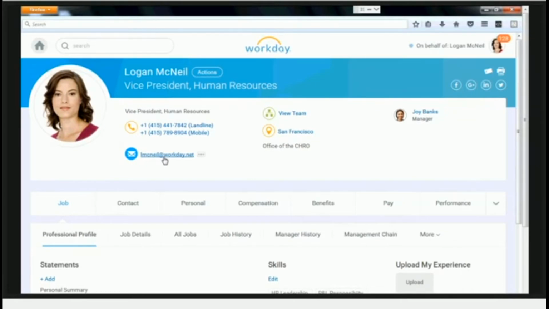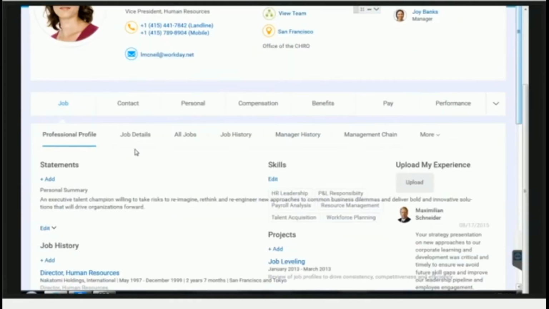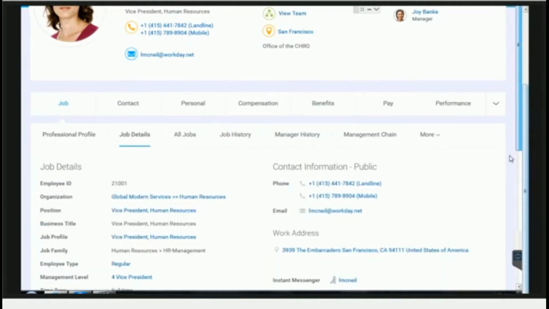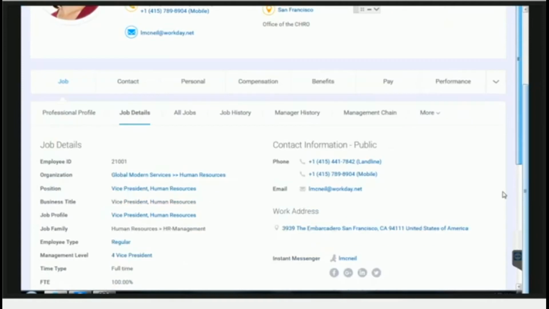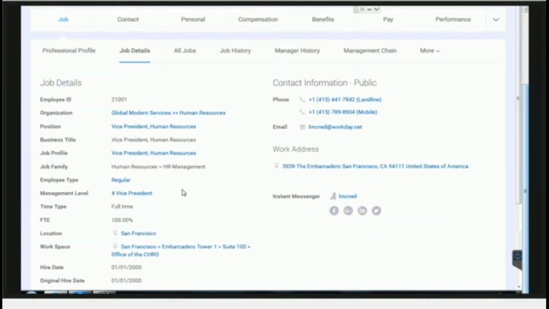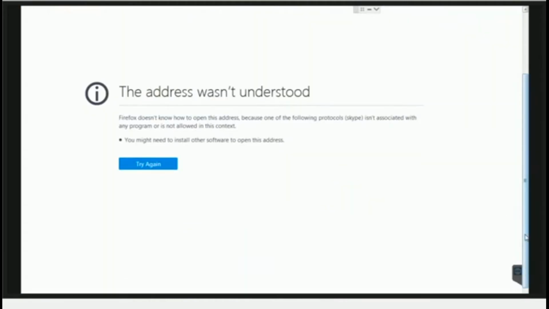Let me go further into the job detail. I have the tabs below, and I can access them, again on a single page. You see, we have her employee ID, her organization, her position, all her job information. Let's go to her contact information. Let's look into her contact information. We have